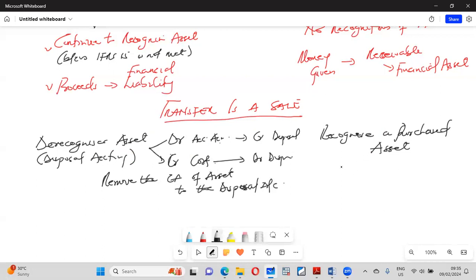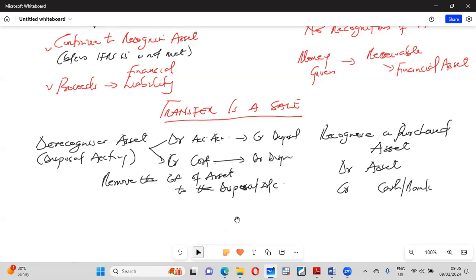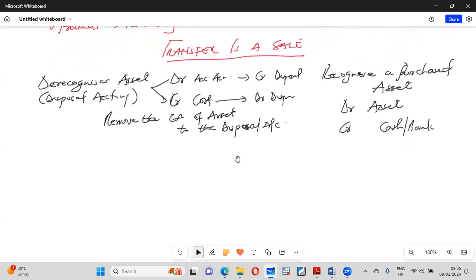This one has purchased an asset. So what will he do? He purchased an asset, so he will debit an asset. And the payment, did he pay by cash? If he paid by cash, all right, that is that. Okay, now, if he now leases it back,